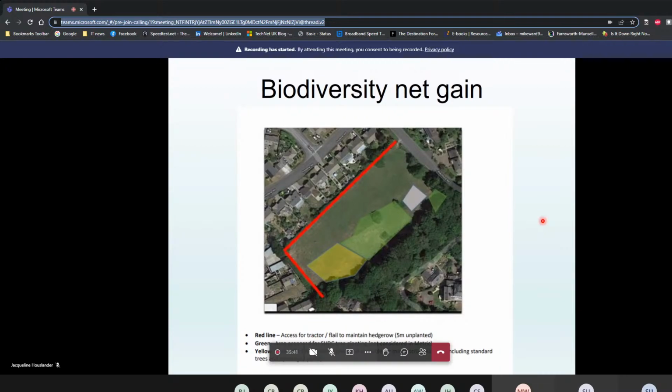Again, I'll refer to my report. I provided quite a detailed section on the retail impact. They did assess the sequential test in their retail impact assessment, and they did carry out a retail impact assessment. The data, as I understand it, some of it was 2 or 3 years old, I think, but they indicated in the report that where necessary, they had sought additional, more up-to-date information. My role in this is not necessarily to interrogate the report to a degree; we have to base our planning recommendation on the reports that are submitted and the fact that they are